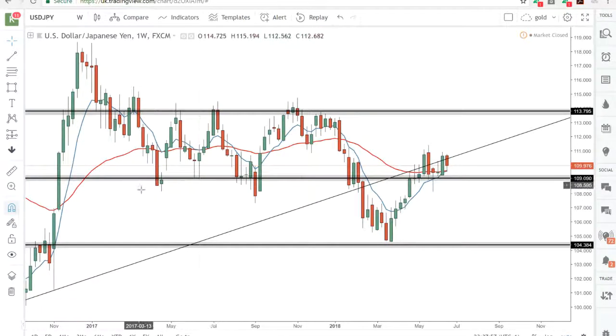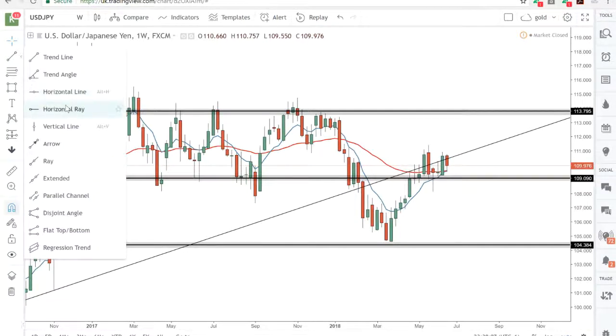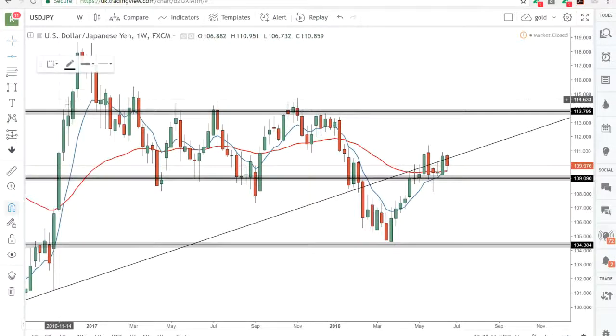As you can see, it's held on numerous occasions, week after week after week, breaking over here. So now we're on the weekly time frame. We can plot some more areas of support and resistance. So if we just look at where the market seems to be responding to again,